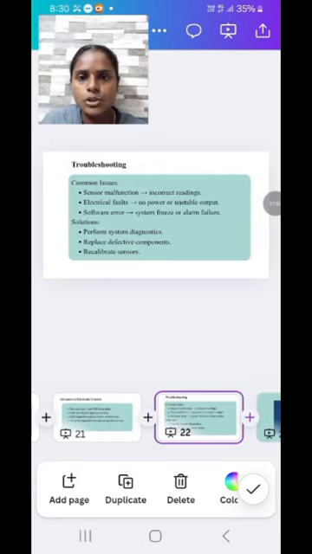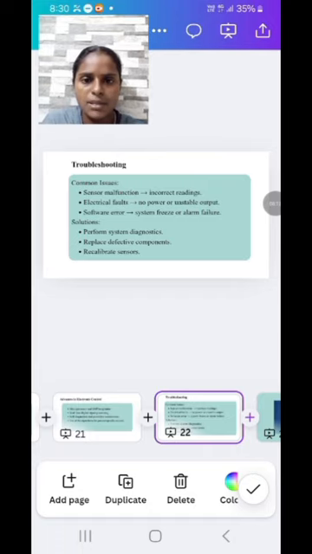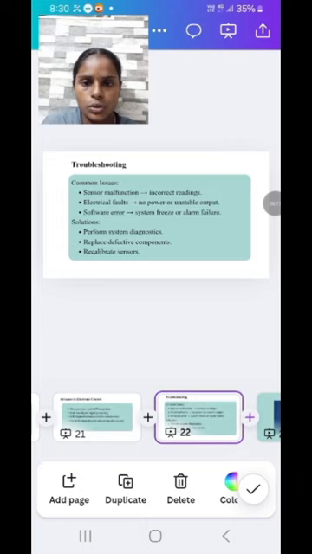Next, what troubleshooting issues arise in IPPB ventilators? Common issues: sensor malfunction, electrical fault, and software error. Sensor malfunction gives incorrect readings. Electrical fault gives no power or unstable output. Software error is a system freeze or alarm failure. Solution: perform a system diagnostic, replace the defective component,